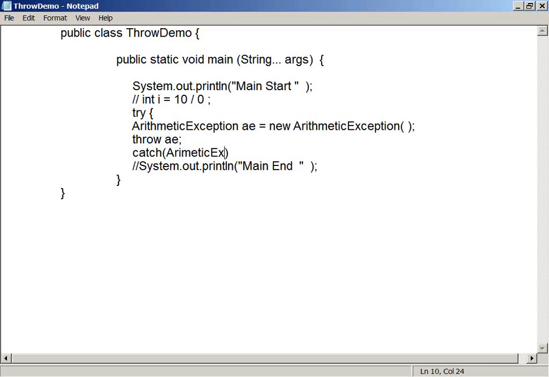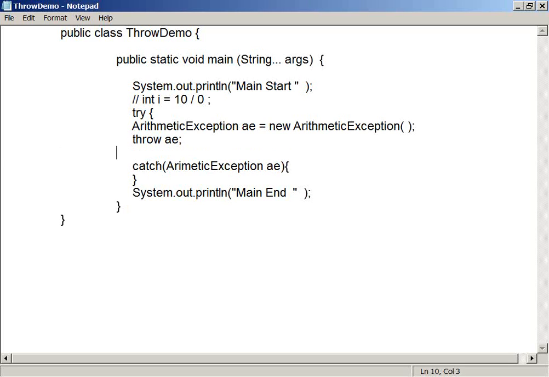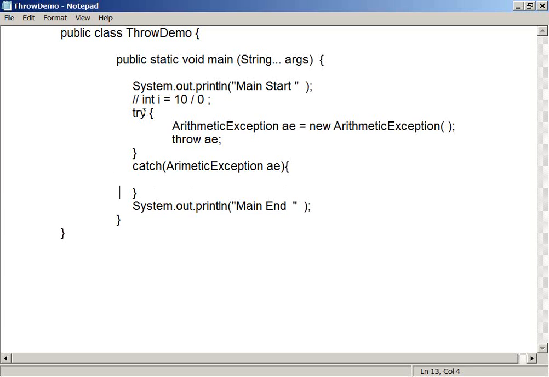Arithmetic exception. So try open, try close, and then catch open, catch close, and you can write whatever statement you want inside, System.out.println.